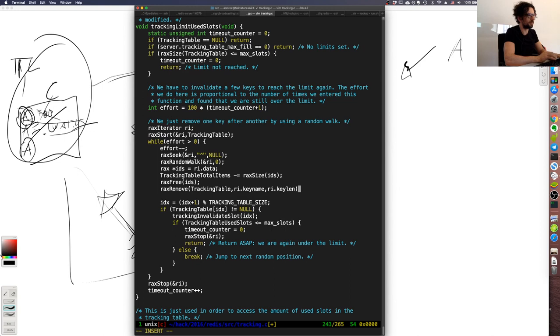Should be something like that. We'll check later. Yeah, we remove it, and